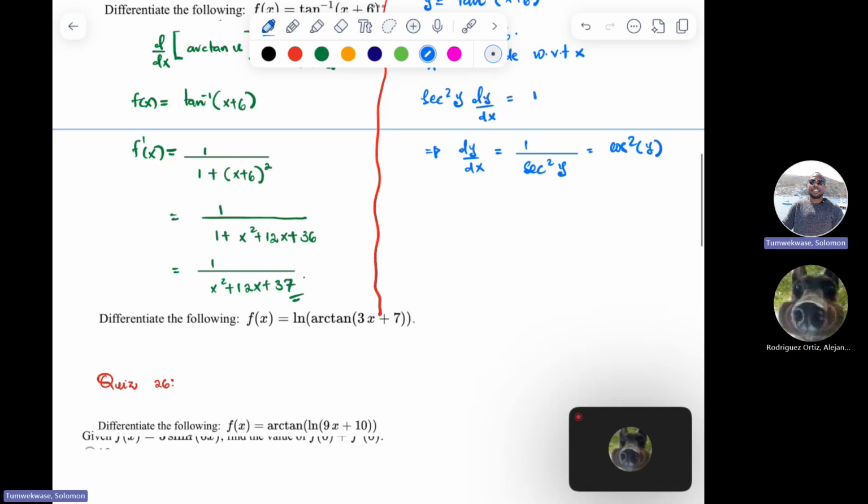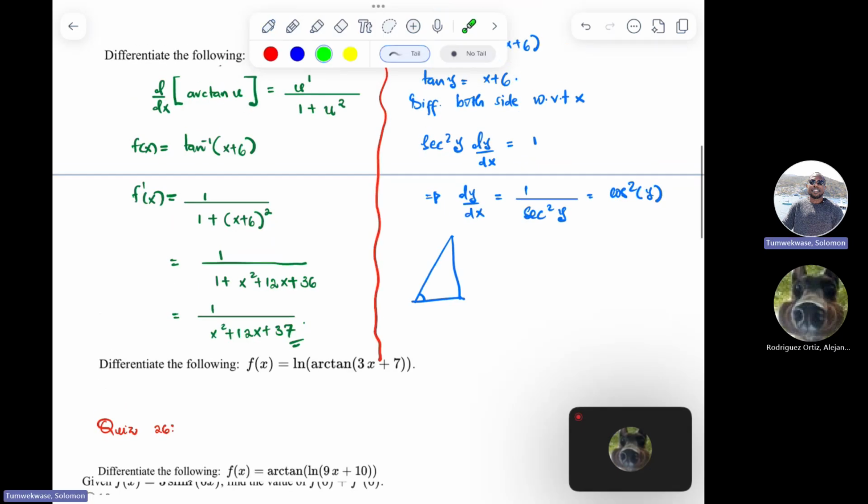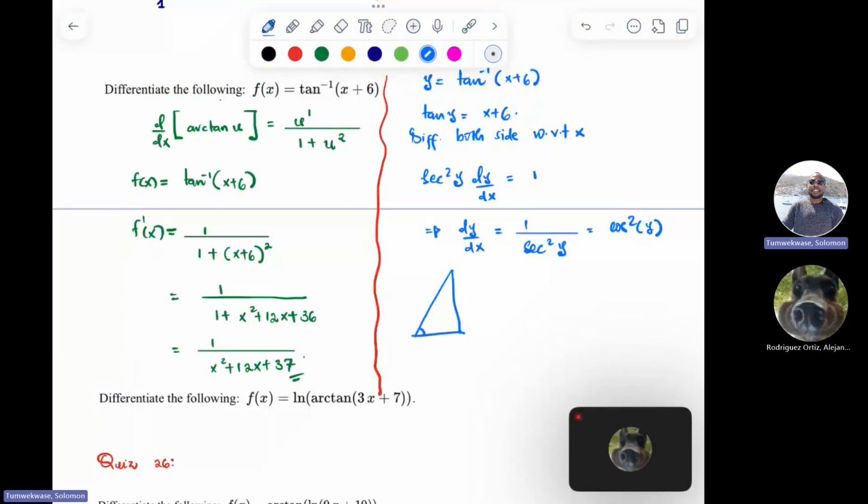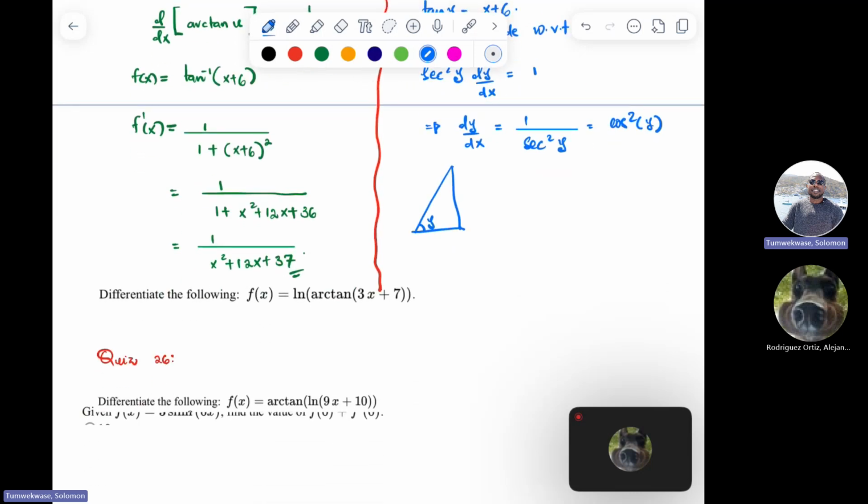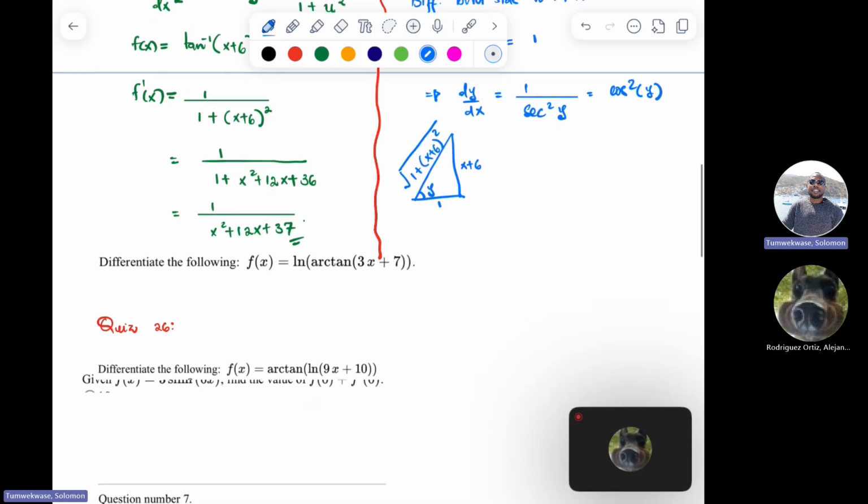So once again, I can now use my triangle from this expression. We have tangent of y, so our angle is y, and like we said, tangent of y is opposite over adjacent, so my opposite is x plus 6, and my adjacent is 1, and therefore the hypotenuse is the square root of 1 plus x plus 6 squared from Pythagoras theorem. Okay, so from this triangle, it means that dy dx is